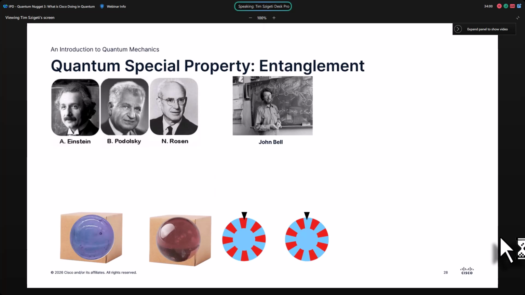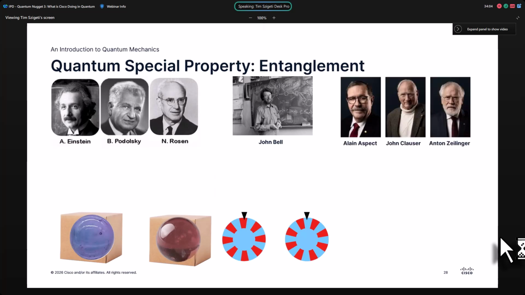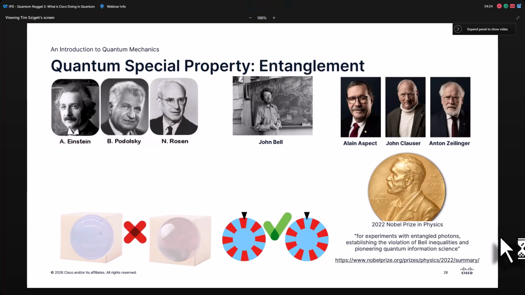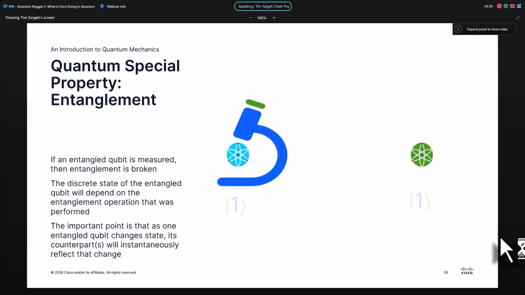Decades of scientific experimentation went on since then. And again, as Giuseppe mentioned, these are very recent accomplishments. For instance, it was just in 2022, 3.5 years ago, that the Nobel Prize in Physics was awarded to these three gentlemen who experimentally proved that actually Einstein was wrong and John Bell was right. And so quantum theory is the only explanation for the noted behavior. All right, so